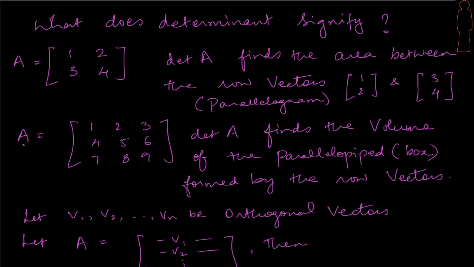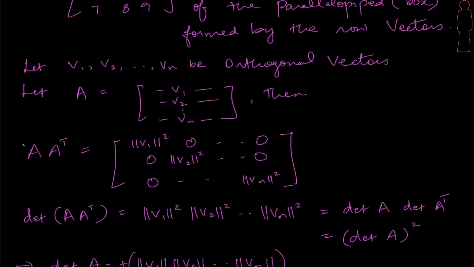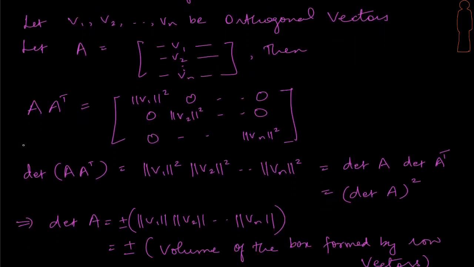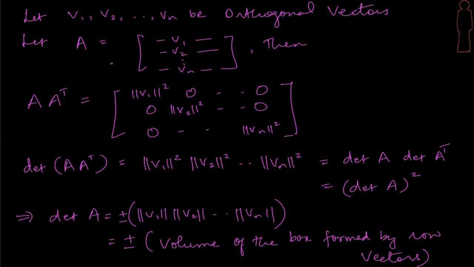That's the claim. What we'll do is try and prove this using a very simple case, and we will also be able to appreciate the geometry behind this. So let me take a very simple example of picking orthogonal vectors. Let me pick v1 to vn to be orthogonal vectors, and I am placing them in the rows of A. Okay, look at A times A transpose. In A times A transpose, all the non-diagonal elements will go to 0 because all these are orthogonal to each other, and the diagonals are going to become magnitude squares, right? This we know from the idea of orthogonal vectors.